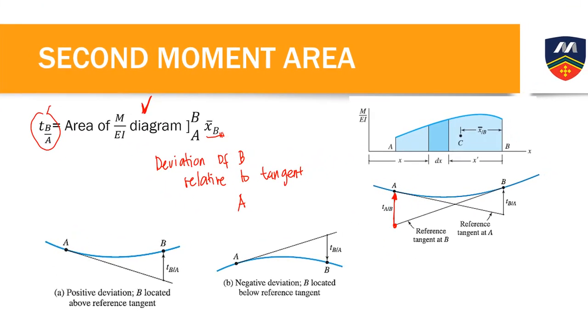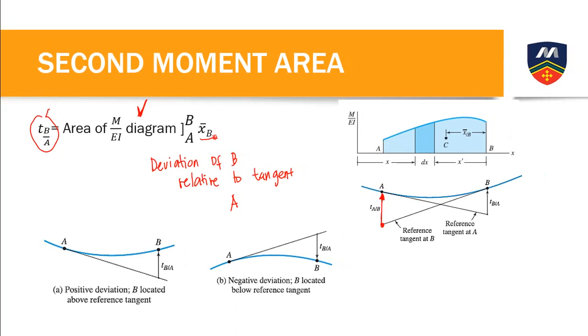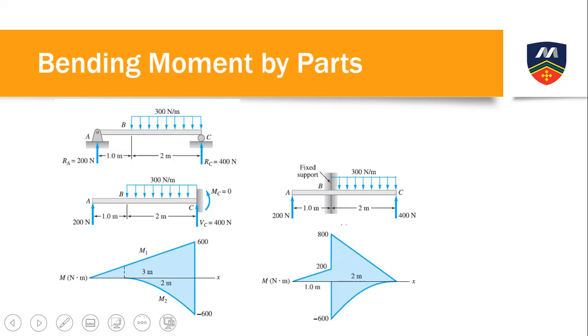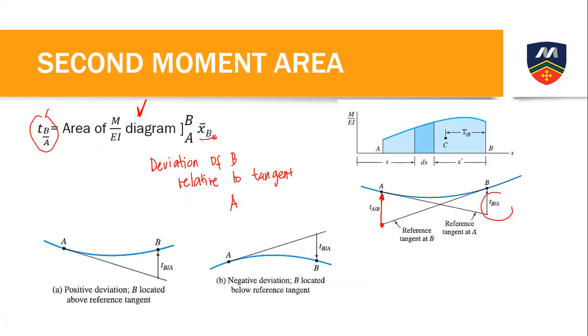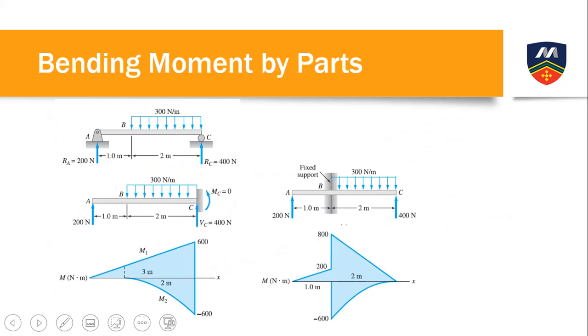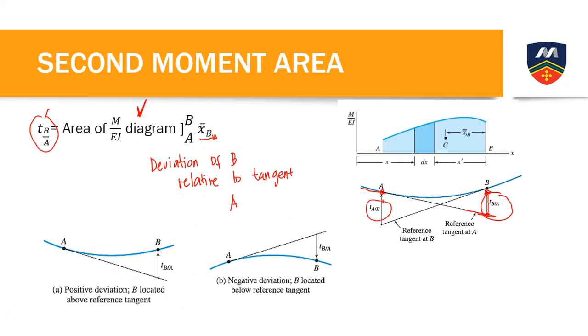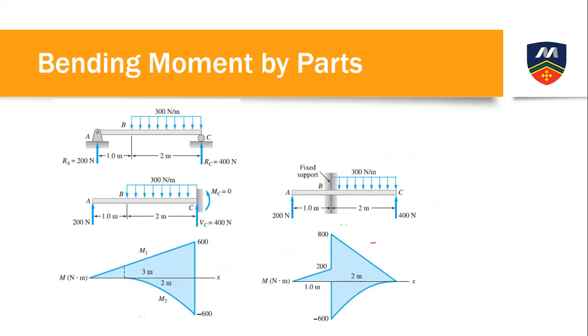Then, as for the deviation of B relative to tangent A, this one, sorry, I don't know what happened, that is the deviation of B relative to A. That is the vertical height from the tangent A. This tangent A is the tangent at point A to the B. Okay? Now, this other one is the deviation of A